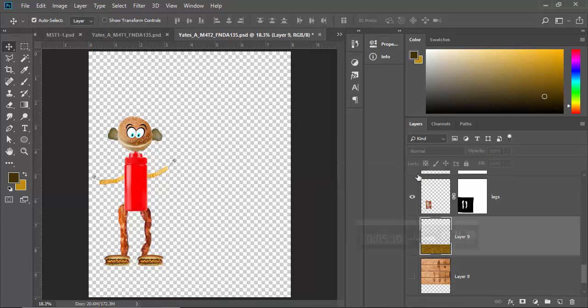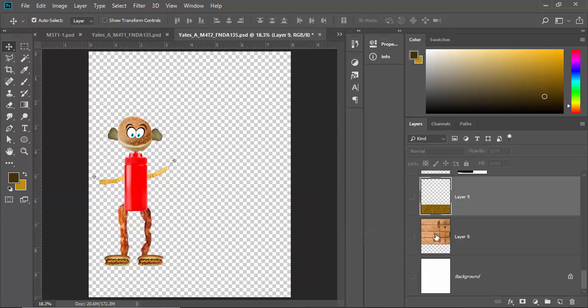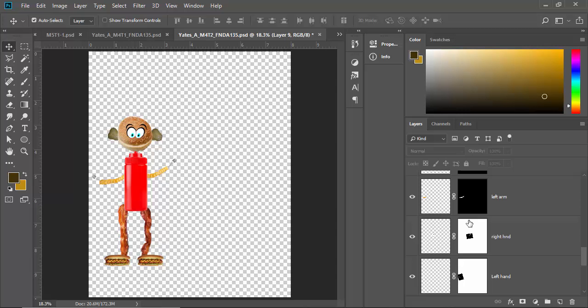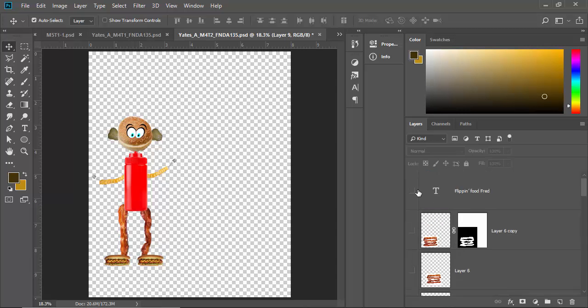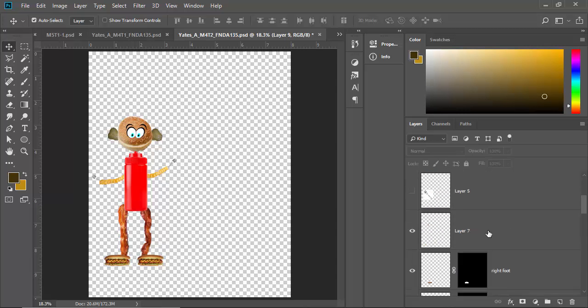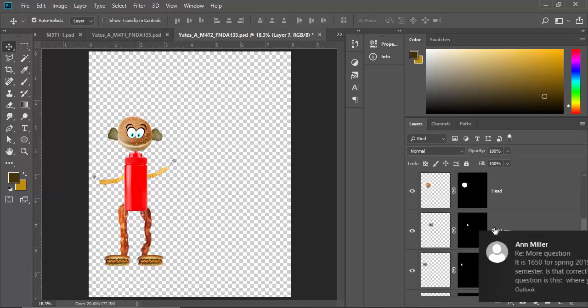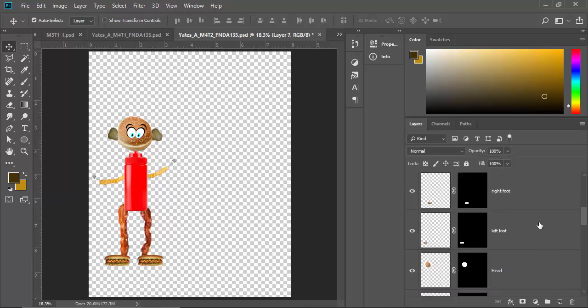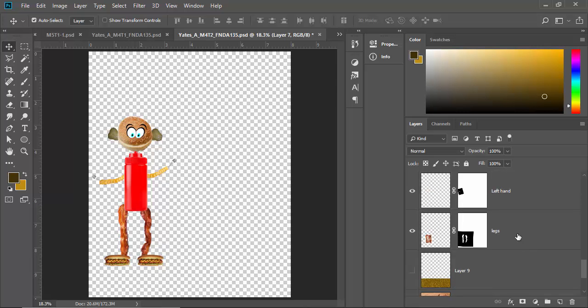Hold on one second. Okay, so what I'm going to do first is I'm going to hide your background and your composite, and if you do the floor, I'm also going to hide the type layer, okay? And then what I want to do here is I'm going to go in and I'm going to click and shift click down here. When I shift click,